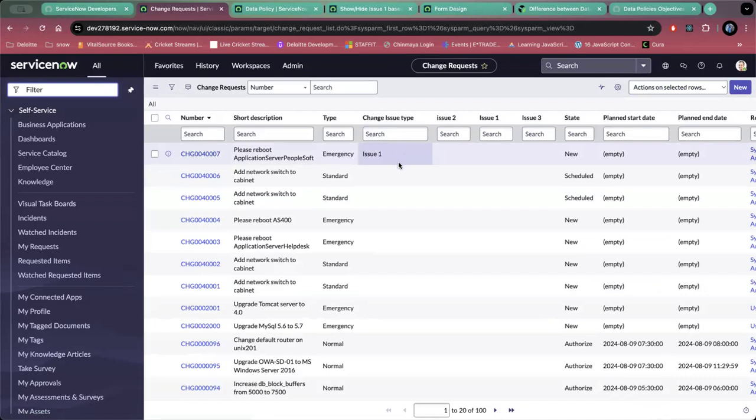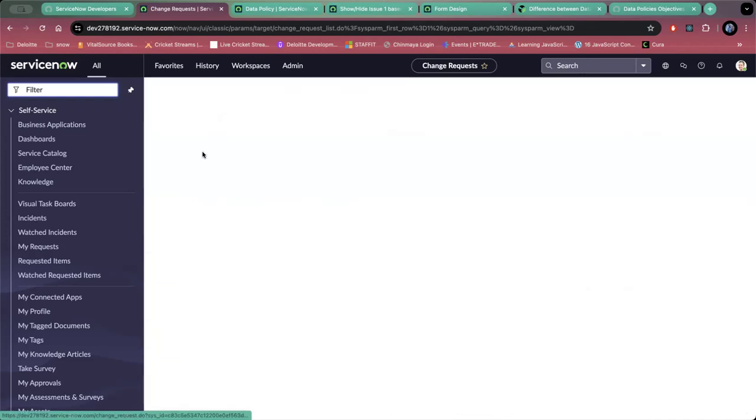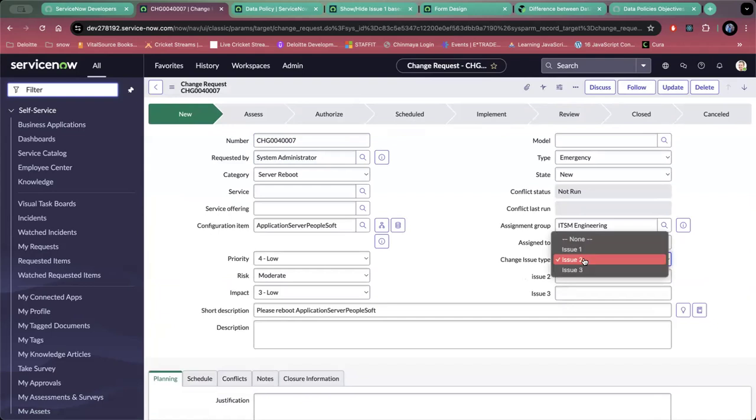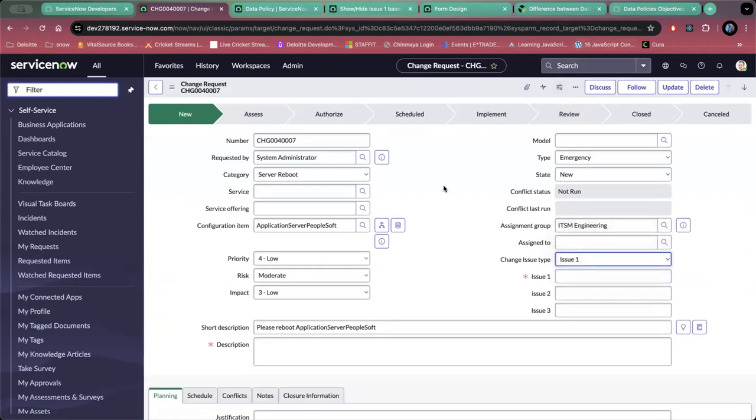So data policy checks the data before the form is submitted on the server side, but UI policy checks only on the browser side, which is front end, like this. Okay. So now what you have to do is, in the same way, try to create